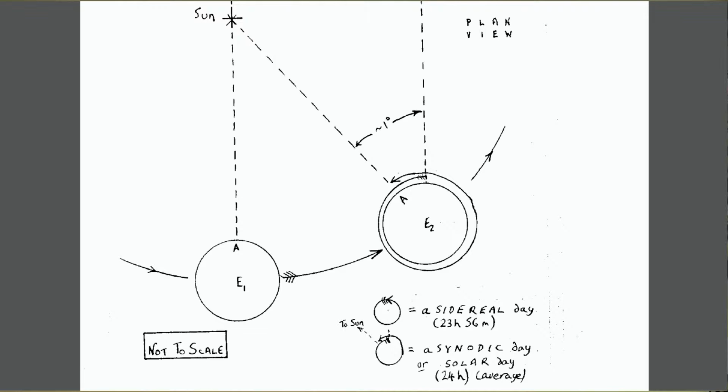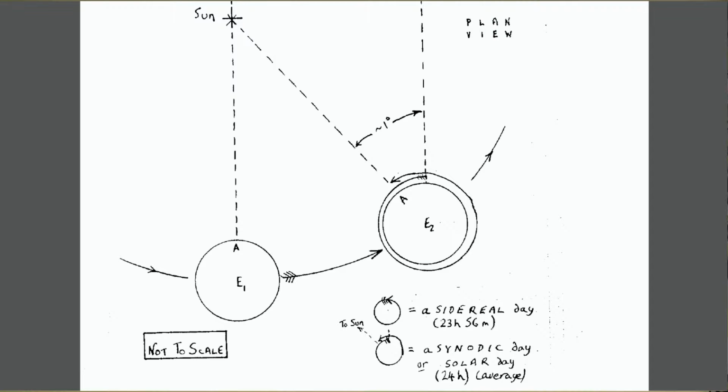So if this is your experiment, you've done your shortest shadow experiment, you said, right, there's noon, start the clock, and I'm going to do the shadow stick experiment all through the night, and wait until I get my next noon. What will have happened? Yes, the Earth will have spun round. If that's the only bit you think about, then those two things ought to be the same. But in actual fact, the Earth has moved around by about 1 degree.